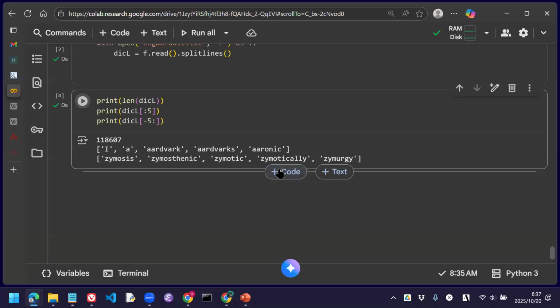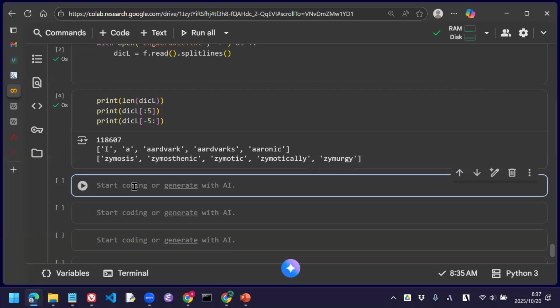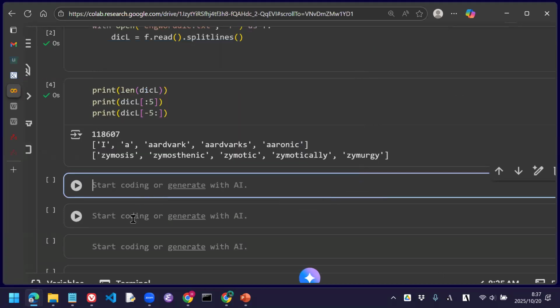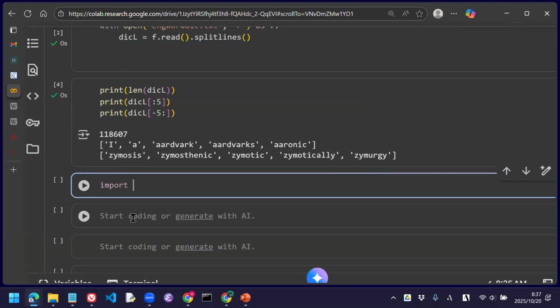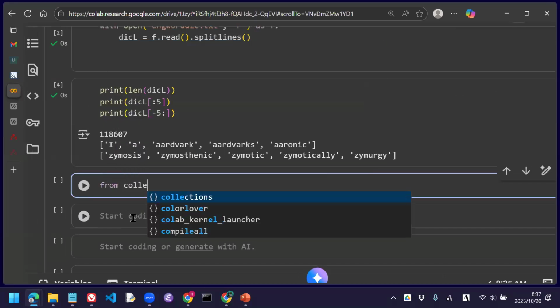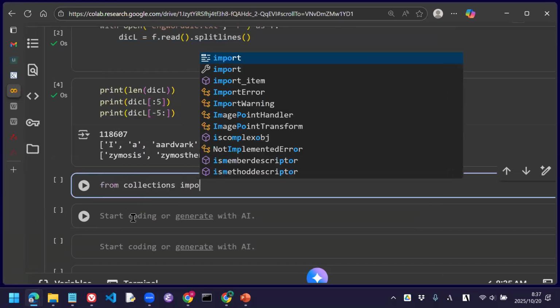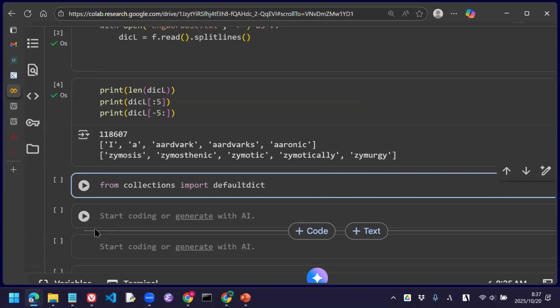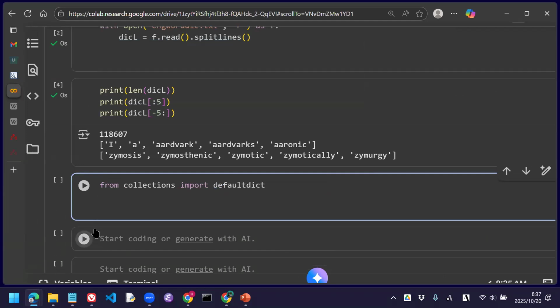Okay, so we make new boxes here, do import... no, sorry. From collections import defaultdict. Okay, this is the way to use defaultdict. So now the easiest way is to define a defaultdict